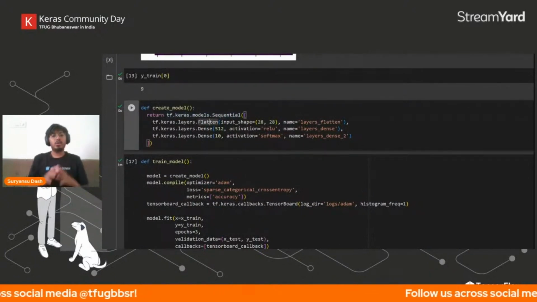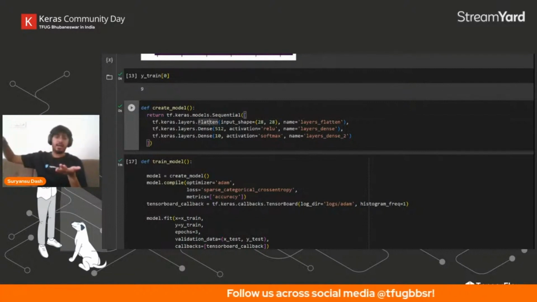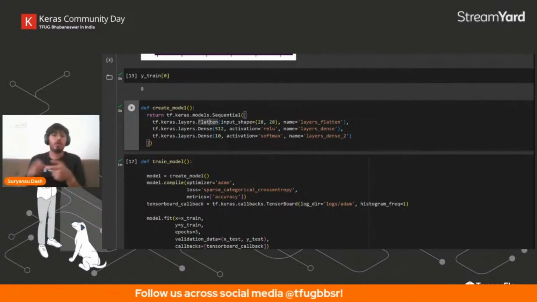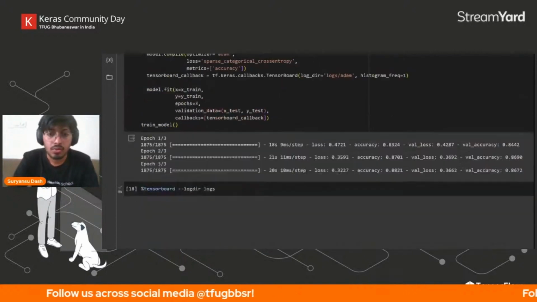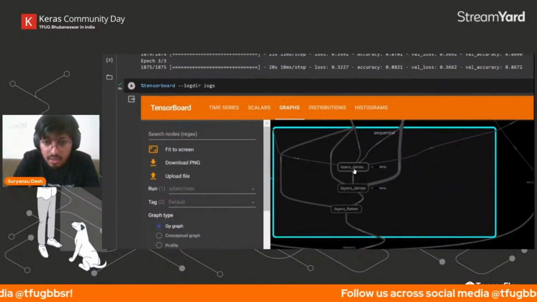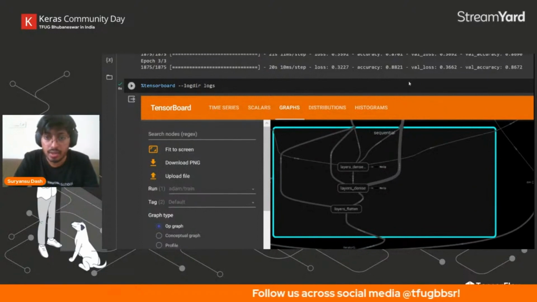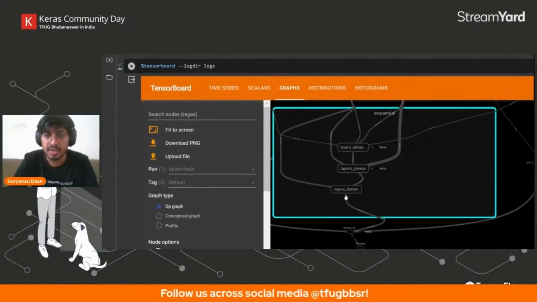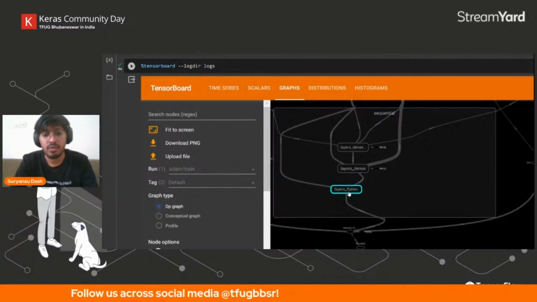So what does flatten do? The images are 28 by 28. It flattens the image into 1D, and then the neural network is formed by the dense layers. So this sequential part contains these things. And you can see each component is listed out here as layered or dense, dense and flatten. So again, we can go into each of these components and understand them.